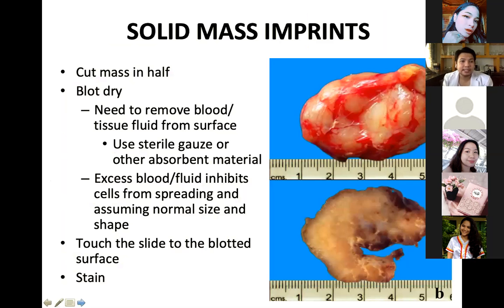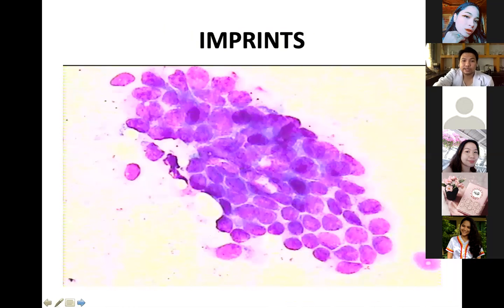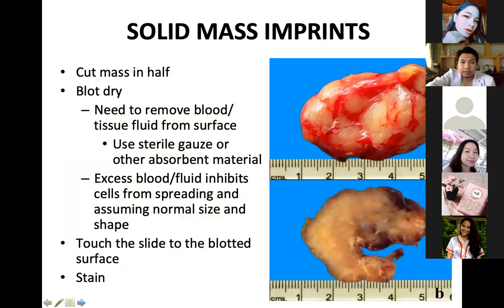Solid mass imprints. So, kung kanina, ulcers lang, imprints pa rin siya. Ito naman class, the cut-off mass. Okay, blood dry,